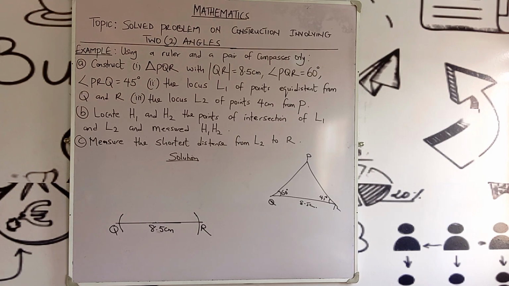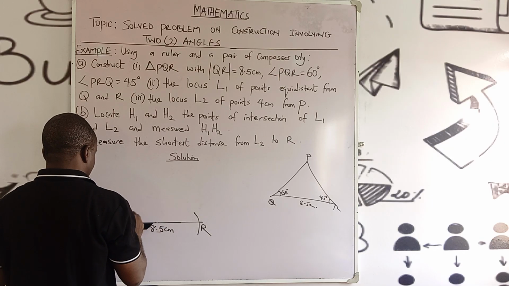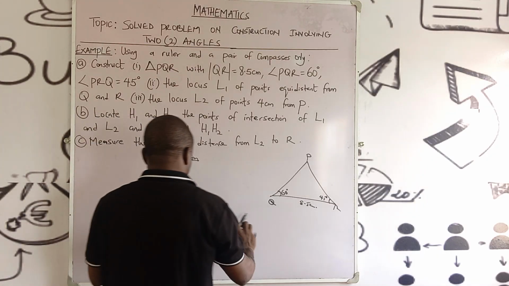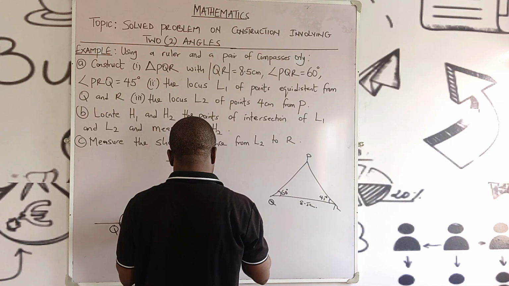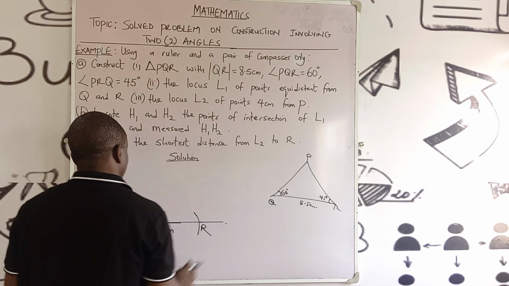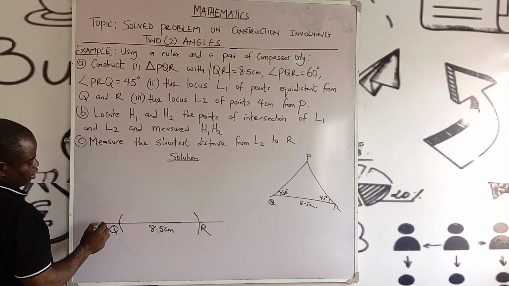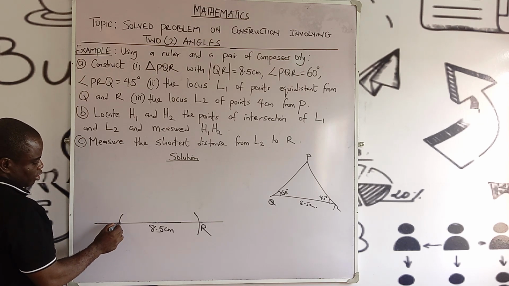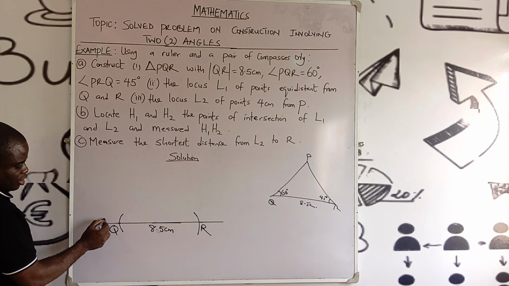From that point, you have PQR to be 60 degrees. You can still make it longer so that you can make your angle. Make this one also longer. Okay. Now, to get angle 60 degrees, at this point, put your compass at this point with the same radius,